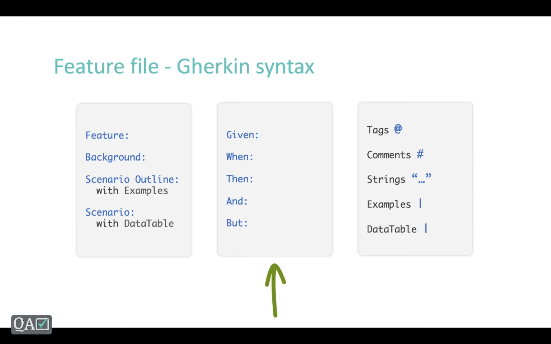So: Given user is loaded with the Facebook URL, Given user is connected to database, Given user is already signed in. Let's say in a hypothetical scenario you have three Given steps, because that is the precondition for you to verify something, right? Now think about this. Having three Given statements in your scenario doesn't look good, right?